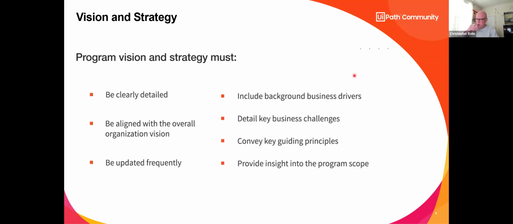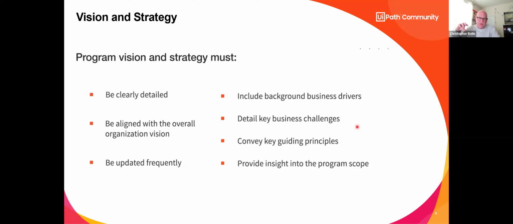What are the business drivers? I always start getting hoarse when I talk. Excuse me. What are the business drivers that drove this organization to adopt automation? What other automation strategies have you had in place that worked or didn't work? Whether it be Alteryx, Automation Anywhere, Blue Prism, or how are we going to complement the use of those as well? What are the business challenges that we're facing that make us want to do this? And we'll go on into this on the next slide.